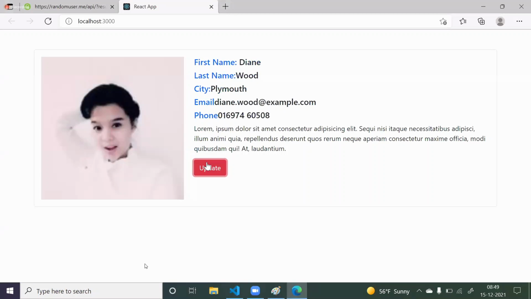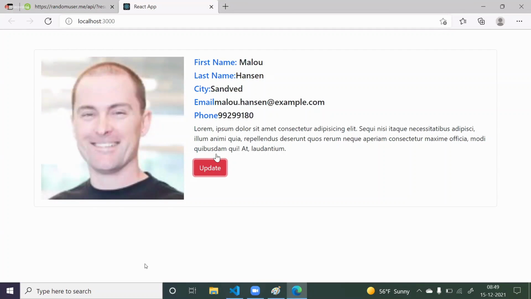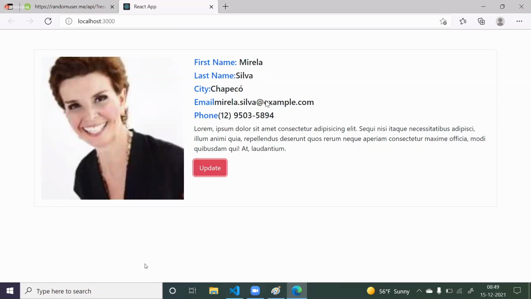Now each and every time you send a new request, you get new data. Now you can create a proper UI the way you want and display it. You can go to any website, see how their profile UI looks, and try to create that kind of profile UI. Go to Facebook, Gmail or any website, and see how their profile tab is created. Try to create that UI, take this random user API because here you will get the details, and keep that data inside that UI. This is how you can practice.